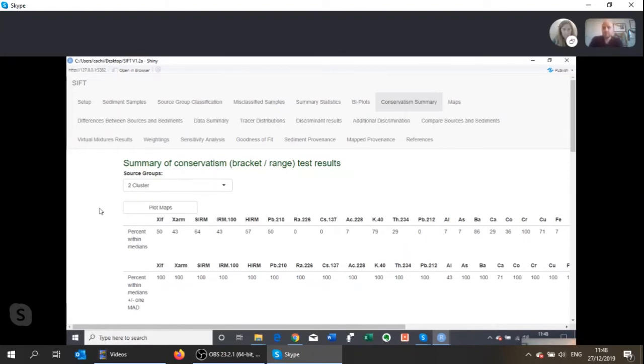So what we see here, the top table, is the percentage of the tracer values of sediment samples that fall within the median values of the source groups we've got. You can see it's starting 50, 43, etc. But many of them are 0. Some people will use these, and